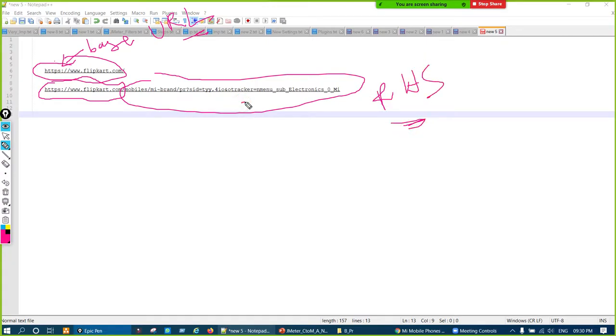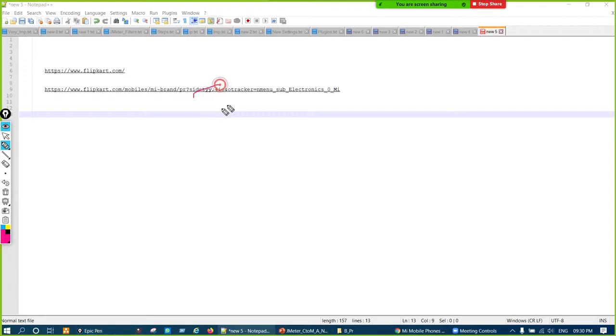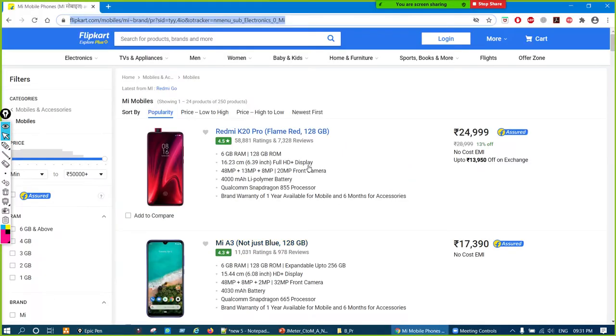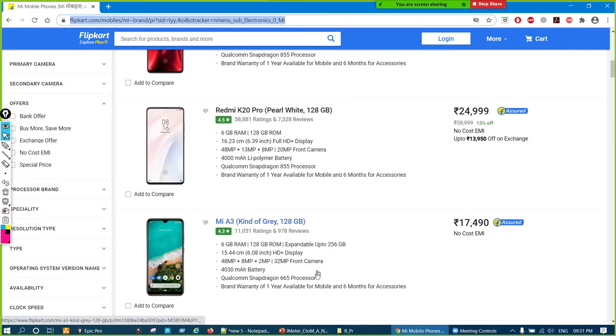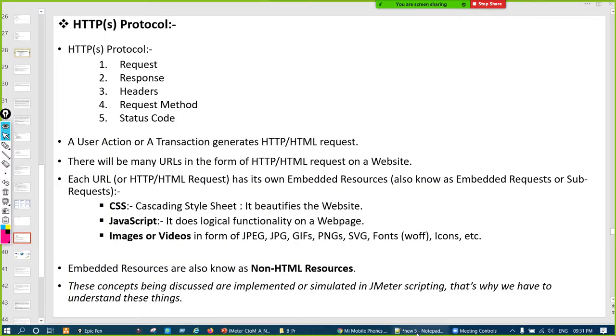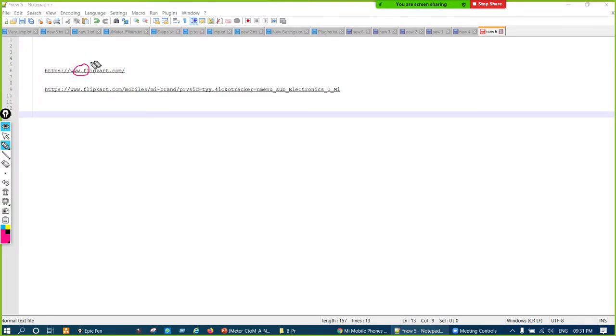That changed. And again, this acts as a request to the server. When we clicked on MI, this URL got generated. It went as a request to the server, and server responded with all the MI mobiles it has. Right? So again, this is a user action. This is known as one user action. Earlier, launching was one user action, UA. Clicking on MI mobile was another UA, user action, correct.